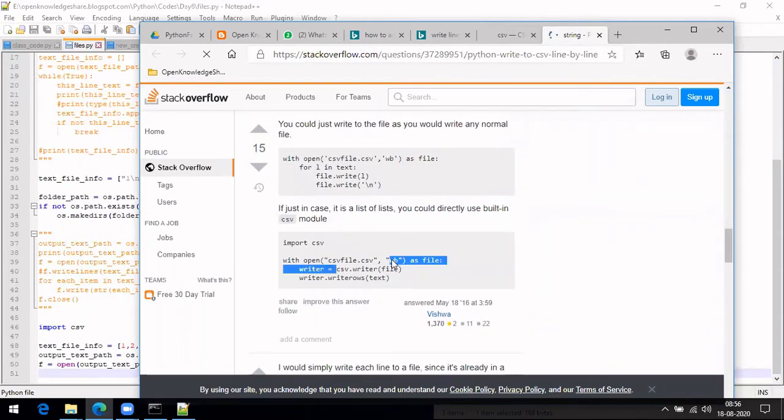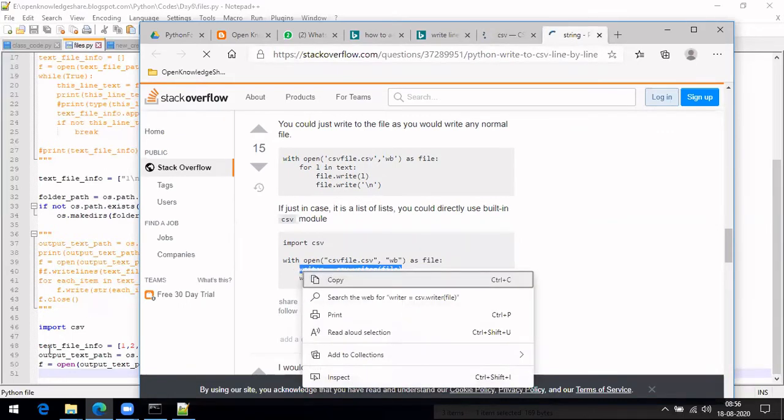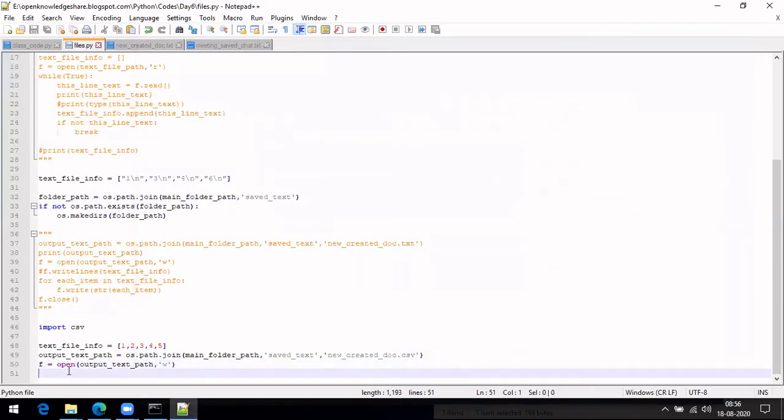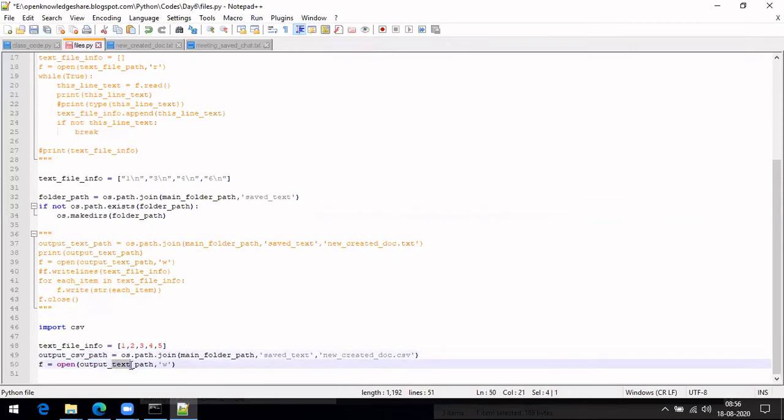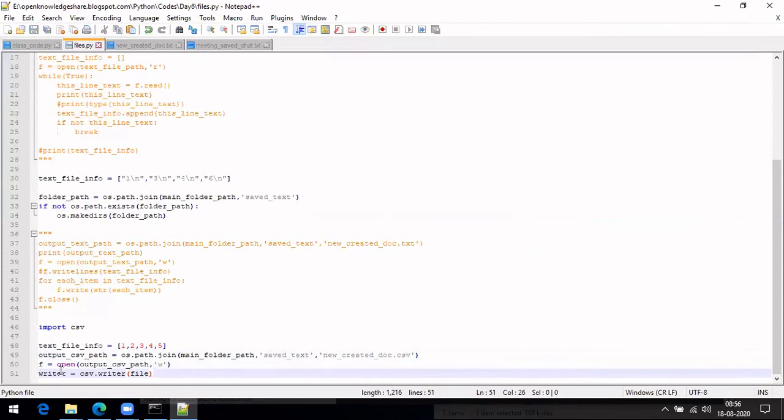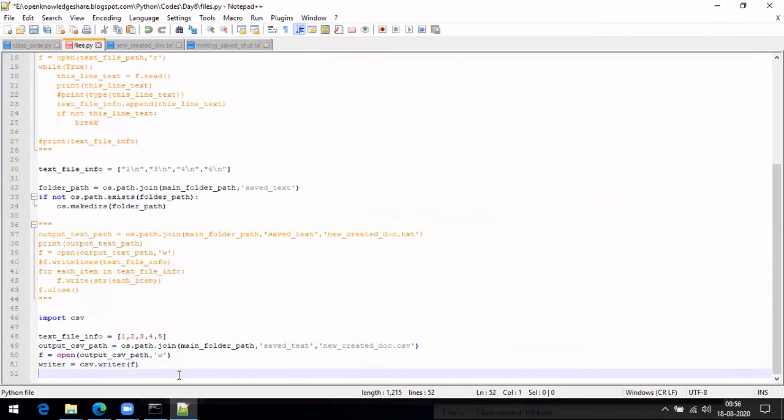Yeah, this is CSV. So how we can do it is initially we have to define a CSV writer. So let's write output CSV path. Okay, and the file is F, and now if you